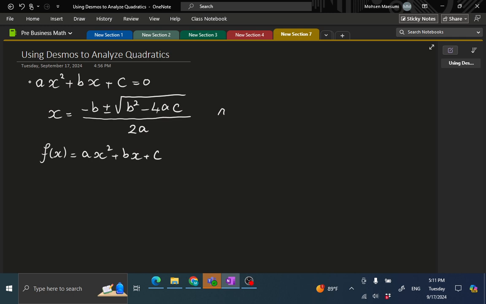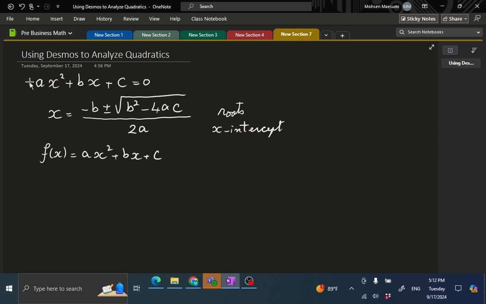So we can consider these things as roots or zeros. We can consider them as x-intercepts for this function. Now to see this, let's go ahead and play with Desmos and learn how to draw graphs